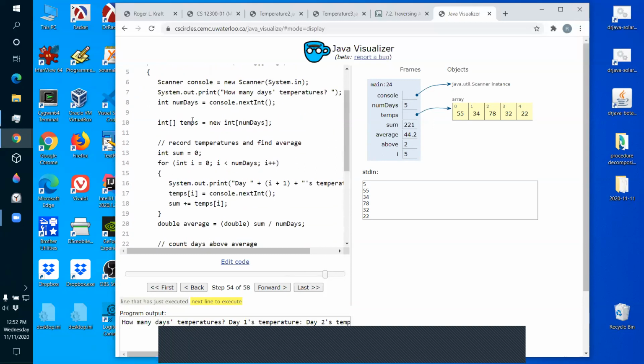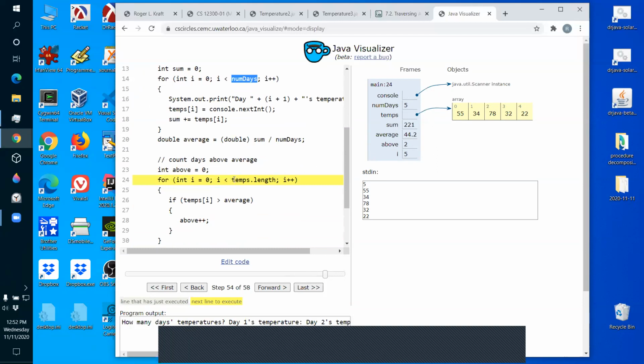So if I change the name of this variable, I have to change it here, but I don't have to change this. This stays the same. Okay, so now, right now, the length of the array is 5: 1, 2, 3, 4, 5. The index is 5, and the index is not less than the length of the array.